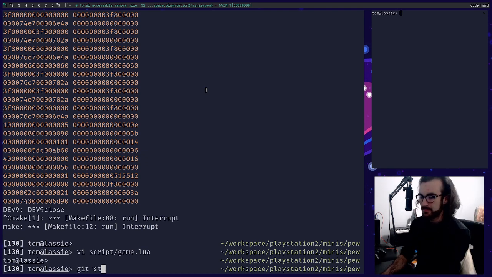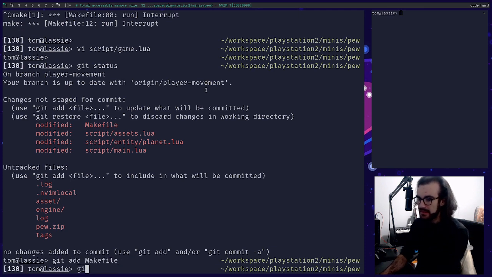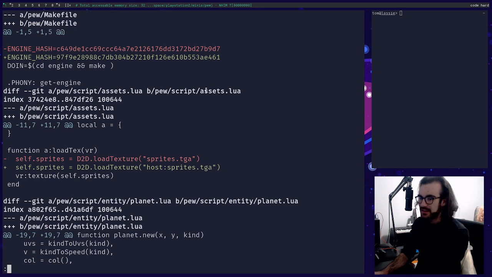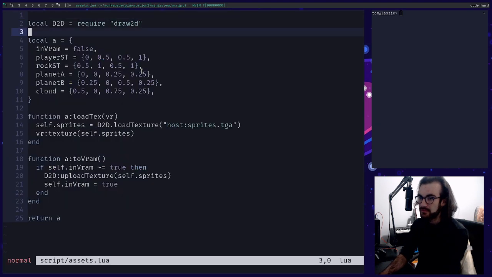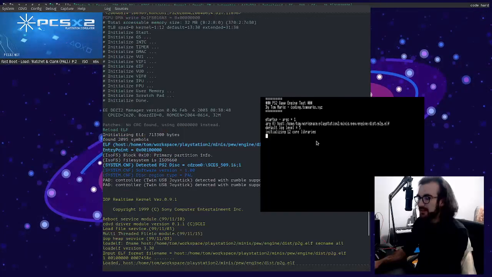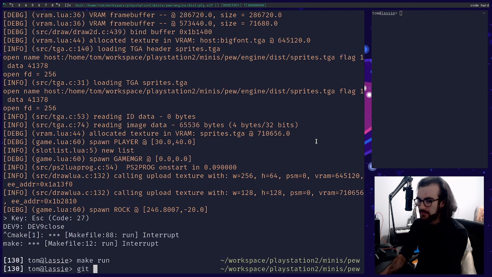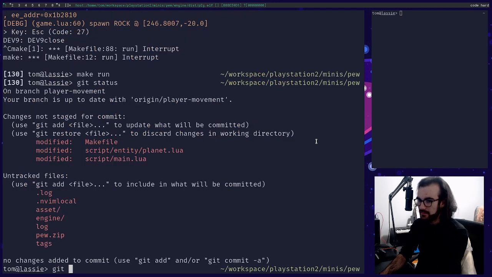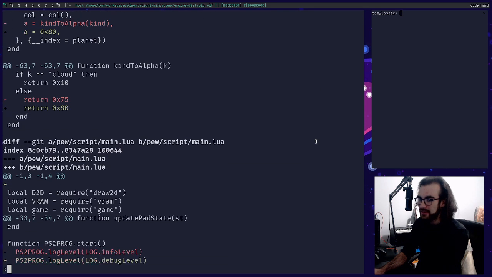Okay, so let's check out the diff for this. Okay, well, we can actually revert this. Let's go. We can actually just use the no host path, right? We don't need to specify the host. It's smart enough to pick this up. Cool, so in the planet we have the correct alpha values now, which is good.